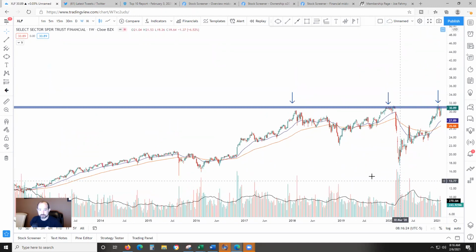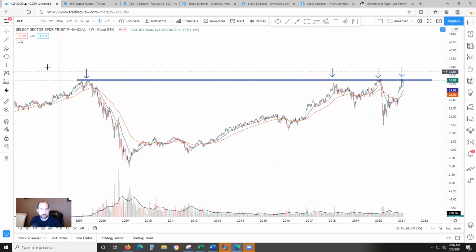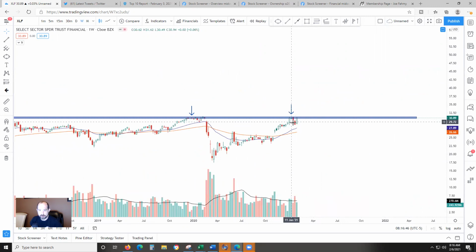And look at this chart, man. This is actually an amazing chart. In March 2007, we hit this area, then a gigantic pullback. We hit roughly the same general area over here, hit it again over here in 2019, and hit it again right here. And as you can see, we had a very small pullback, and now we're back up against it. If financials can move higher from here,